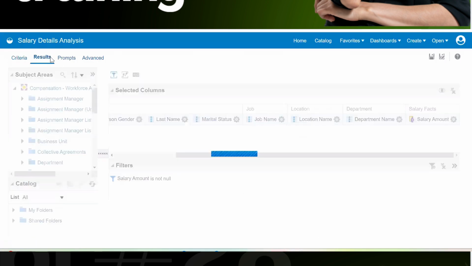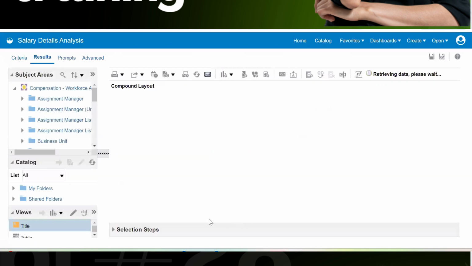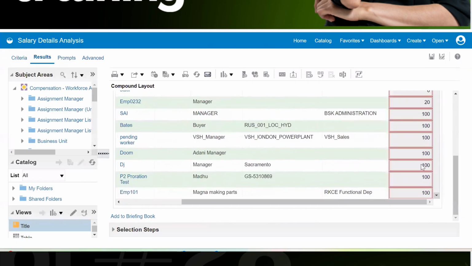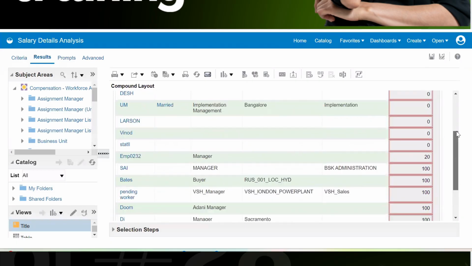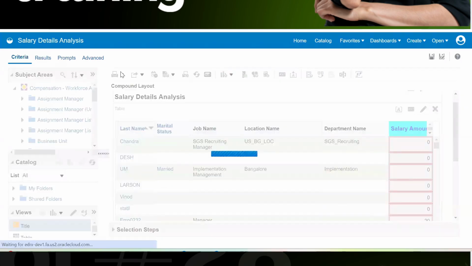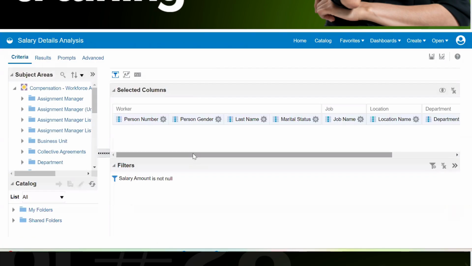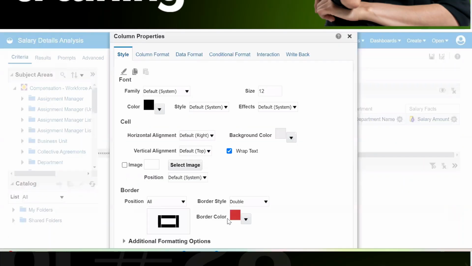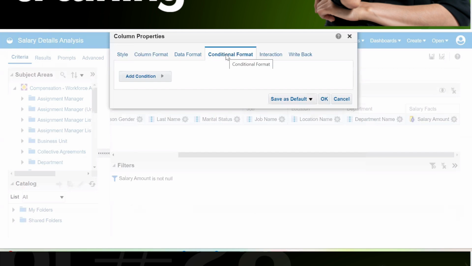Every cell will have a border defined. See, every cell is having the border, but that is not our requirement. Our requirement may be to highlight certain values which are negative, or values which are exceptional or boundary cases. I don't want this border, but I want to add things conditionally.